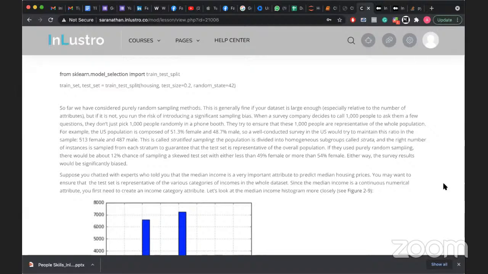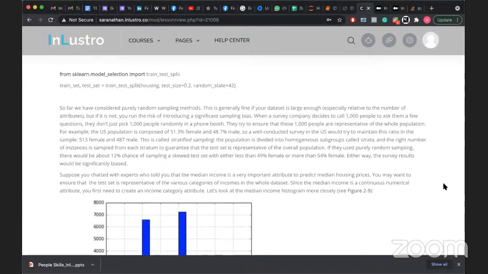So that's called stratified sampling. When you divide the data into homogeneous groups called strata, and you sample the right percentage or amount of data from each of the strata to build the test set, which is representative of the entire population. So suppose you chatted with experts who told you that median income is a very important attribute to predict median housing prices, and you want to ensure that the test set is representative of various categories of income, then